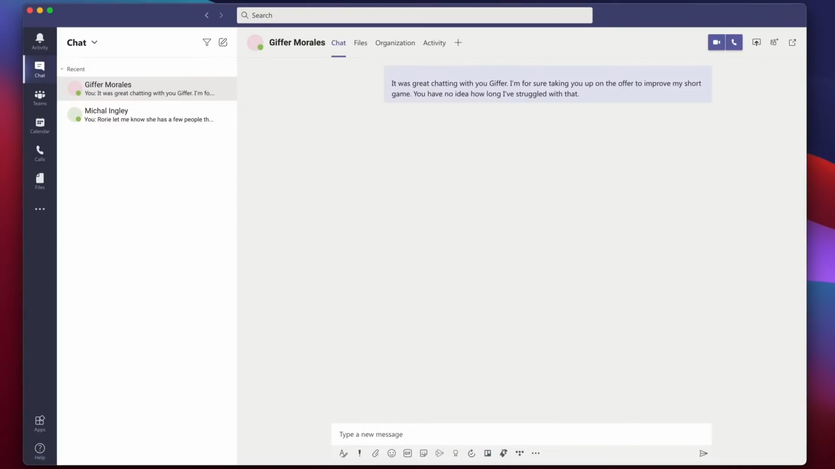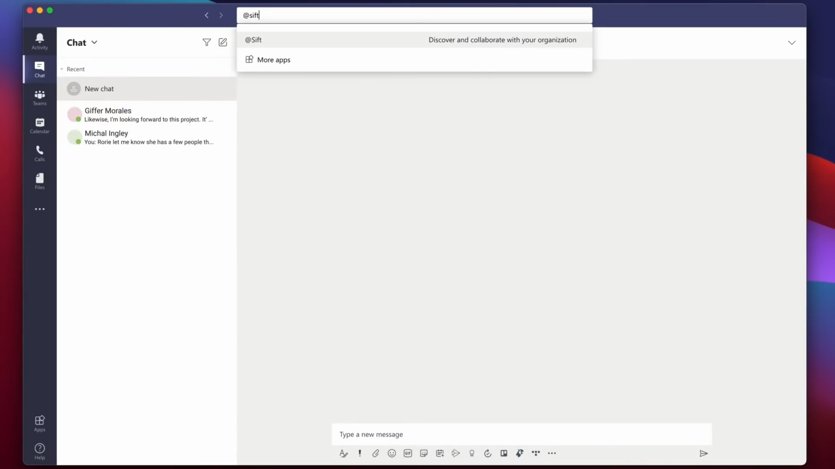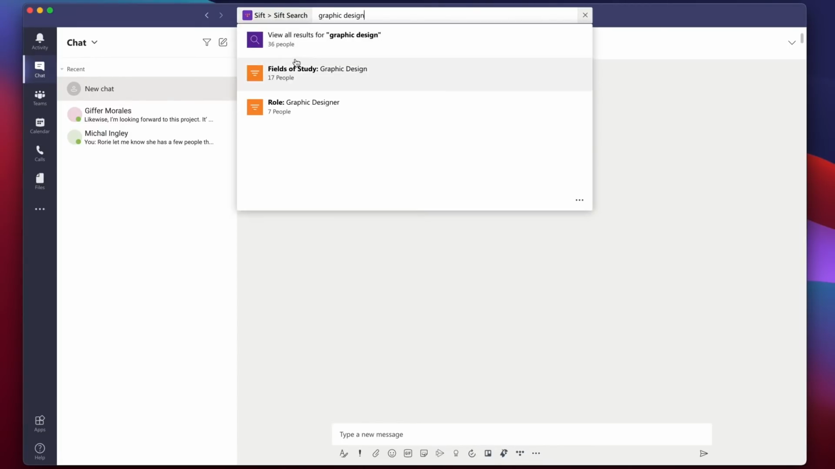After a successful first meeting between Levy and Giffer, where they connect over a shared love for golf, they determine their next step, finding a graphic designer. Levy is tasked with finding a graphic designer within the company to help with creating initial wireframes of the new website. So Levy goes to Sift and does a quick search for experts in graphic design, which pulls up 17